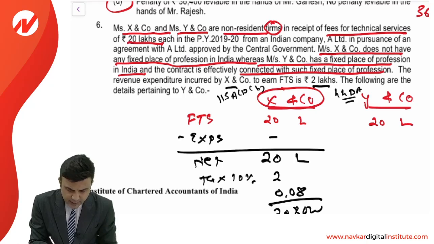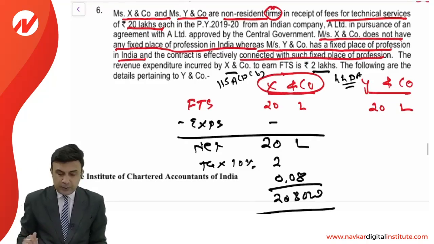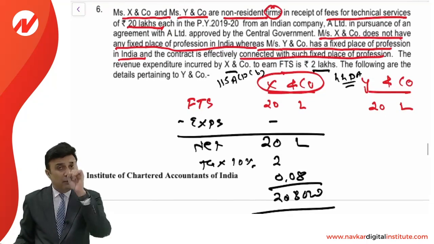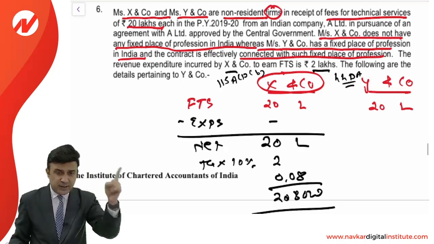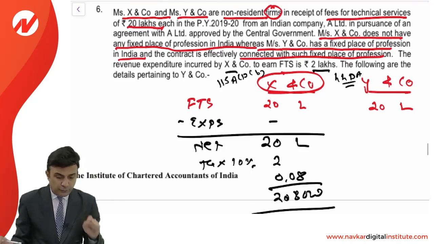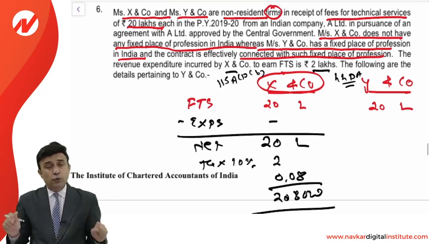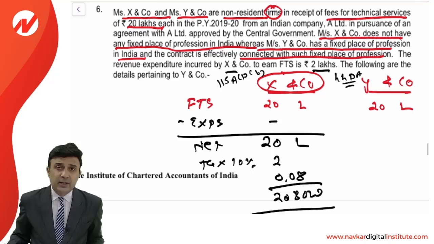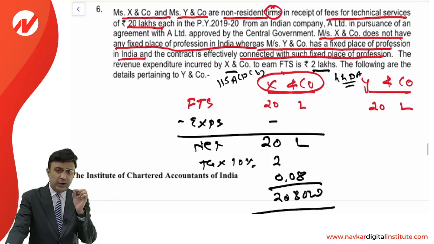So health and education cess will be 2,08,000, which is going to be your total tax payable. Section 115A1B gives a special rate without allowing the expenditure, that is 10%. Now for Y and Company, you are given expenditure. If you go to 44DA, all expenditure are deductible except the expenditure which is not wholly and exclusively connected with